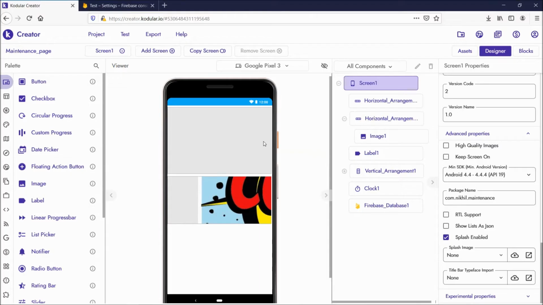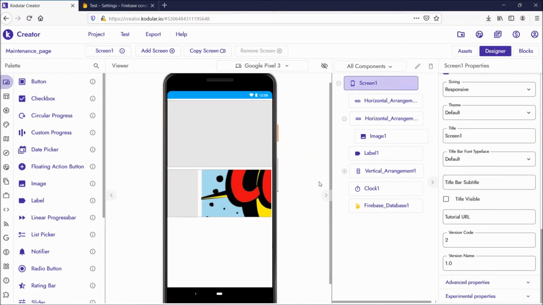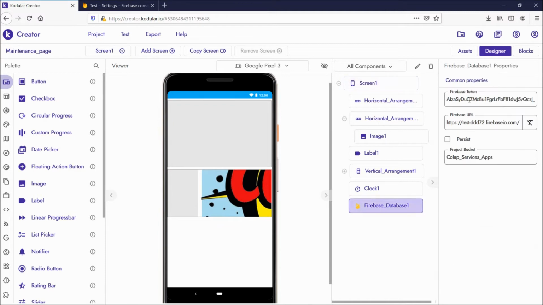Let's get into Kodular, into Screen1. Here I have pasted my API key.